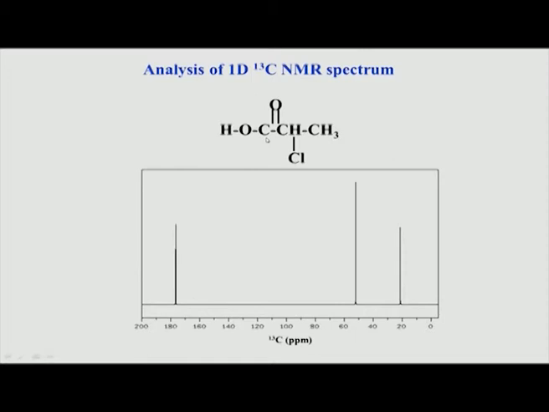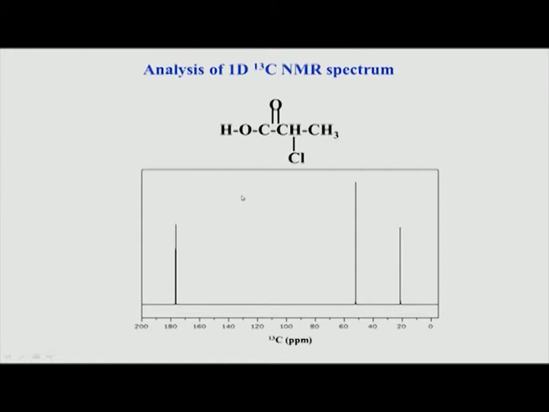Now, again if you look at the chart of expected carbon peaks, we saw that carboxylate comes somewhere around 180 ppm, and that is what is shown here, a peak at 180 ppm, which is a little bit downfield compared to the ester group. If you recollect, there is a slight distinction between ester and acid. In case of ester, it comes somewhere around 160 to 170, whereas in a carboxylic acid group, the carbonyl carbon comes somewhere between 170 or 180 to 190.